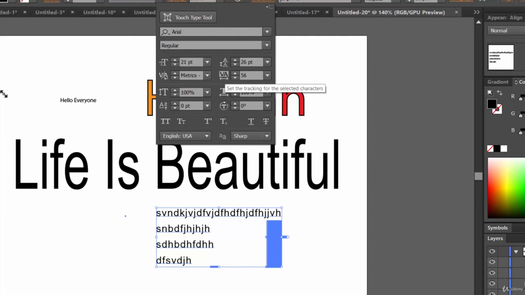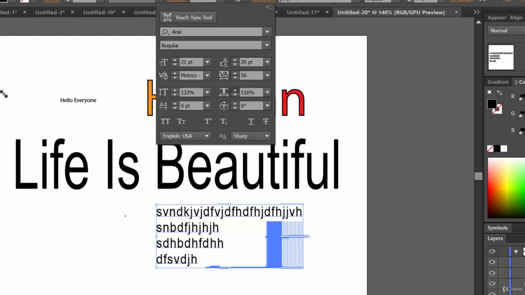This is the spacing between the characters. This is the vertical scaling. So we are increasing the size of the text, but we are increasing only the height, not the width. And this one is horizontal scaling.